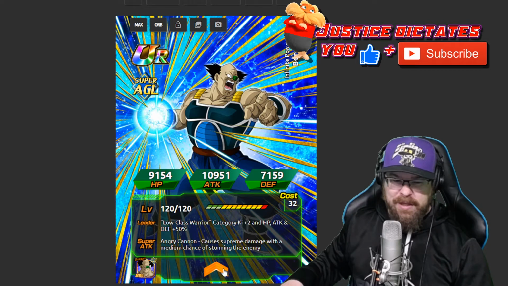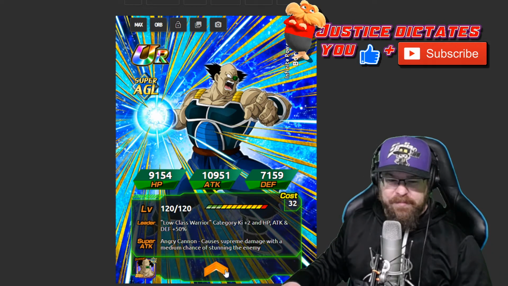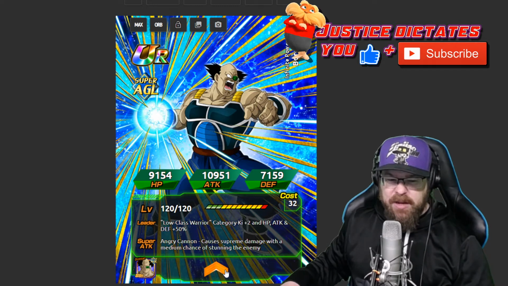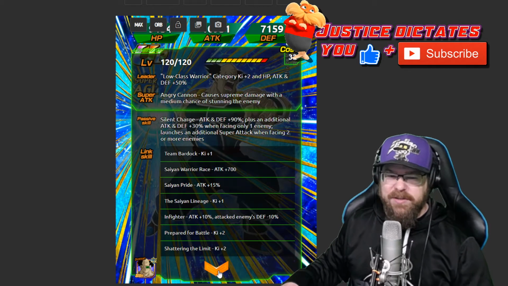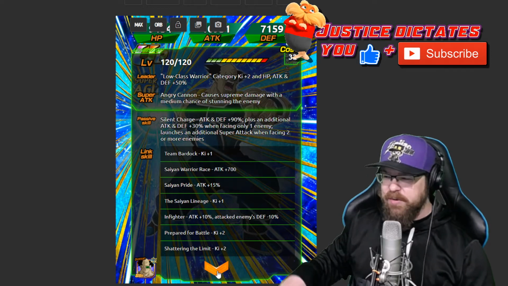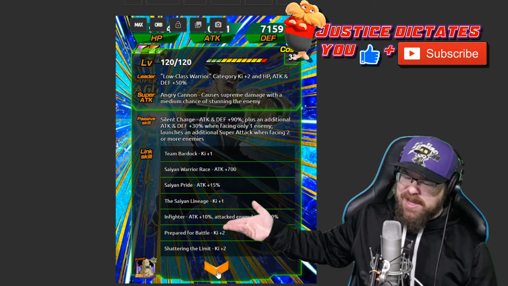Borgos. Low-class warrior, key +2, HP, attack and defense 50%. I think they're all going to have that. Supreme damage to the enemy with a medium chance of stunning. Medium chance of stunning is not the greatest, but it's definitely a thing. So he is, in other words, this team's